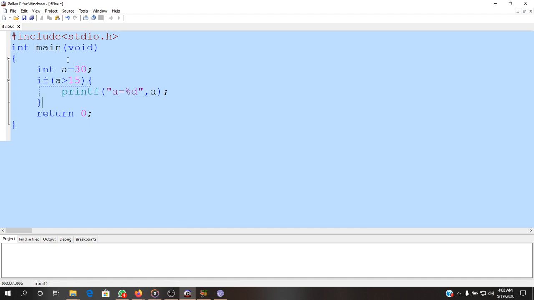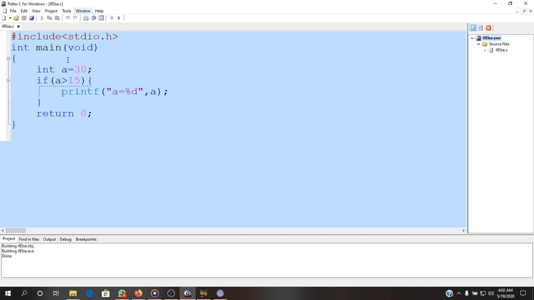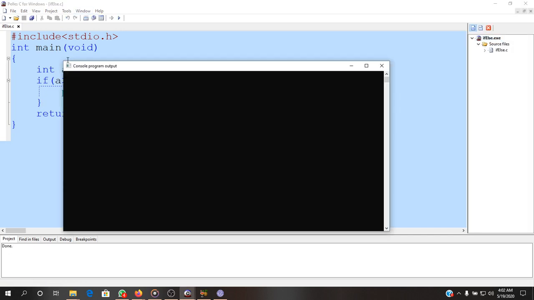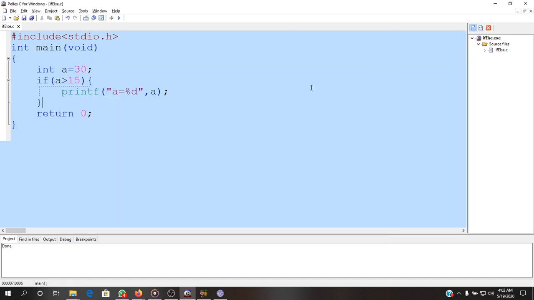So if we save this, build it up, and run, it's going to print out a equals 30. Why? Because a is greater than 15. So let's use the else statement. The else statement now comes as such. Else,